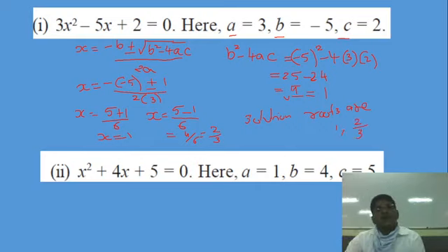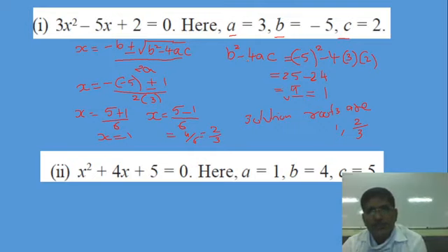So out of 3, one sum is completed here. Again I repeat it, because the steps must be understood properly. First, what is my first target? You have to find a, b, c. Then write the formula, that is Sridhar Acharya's or general formula, x equals minus b plus minus under root b square minus 4ac by 2a. First of all, we have to find b square minus 4ac.